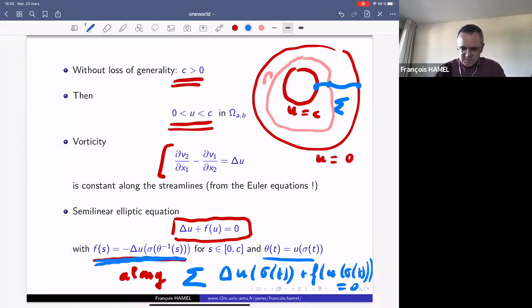Of course, let me point out that it is quite classical to have such an equation, and in the literature on the Euler equations, the function f is usually called the vorticity function, and usually called gamma. So let me call it f here. It's quite classical to have this equation locally around any point which is not a stagnation point. So the main interest of this proof is to derive this equation in the whole domain. Okay, so once we have this equation, we can